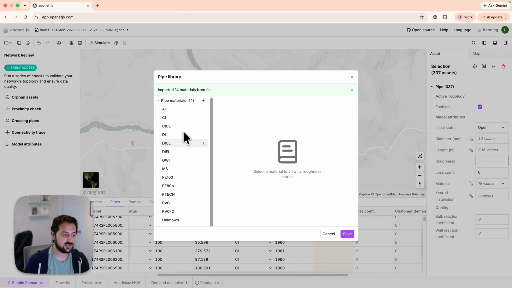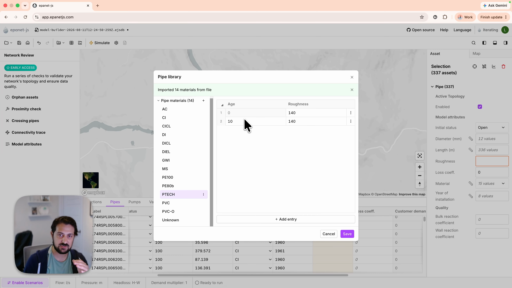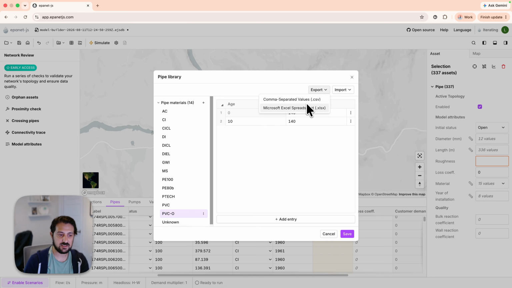And we can see now we have a list of all the different materials and the years. This network was obviously built about 60 years ago, and you can see that it has assigned those values here. If there were more variants, you would see more numbers here. You can obviously come through and change these values as you see fit. So you put 130 for the older asbestos, and then maybe PVC we can leave slightly more smooth. You can export this out into Excel or CSV, update them and import them in with the values that you need and reuse those.